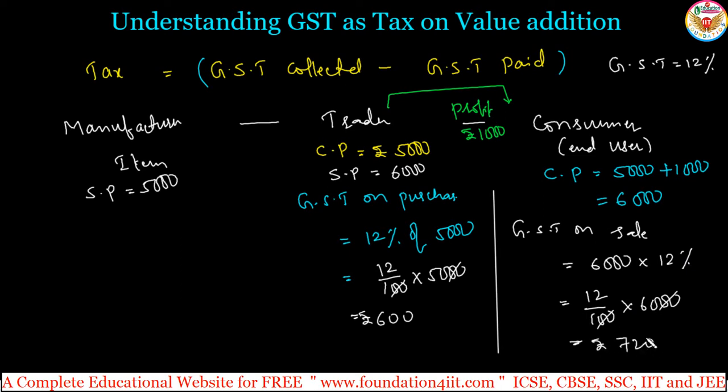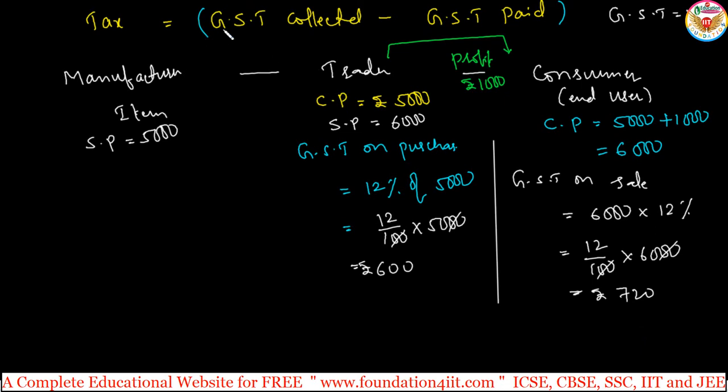One thing you can notice here: tax should be GST collected minus GST paid. The trader will collect 720 from the customer, plus the 6,000 selling price, so the customer is supposed to pay that. From this, the trader will pay 600. So finally the tax to the government is what we discussed: GST collected minus GST paid,